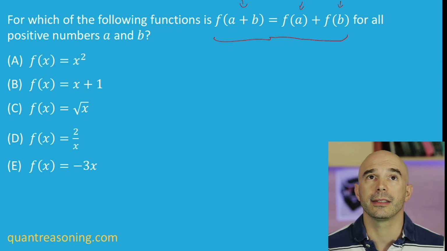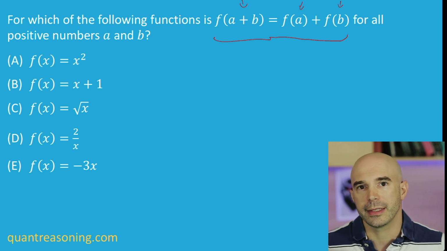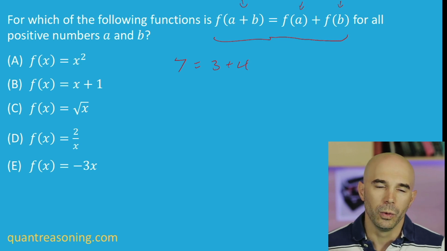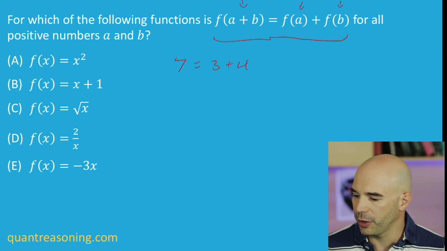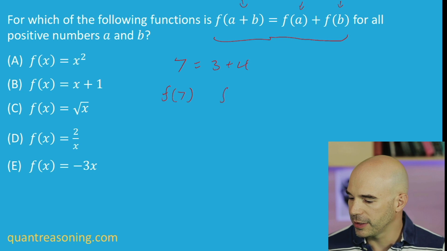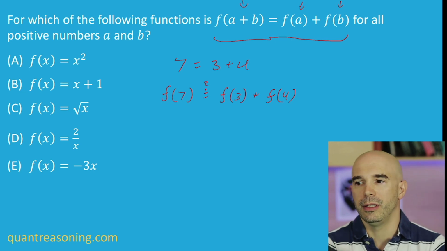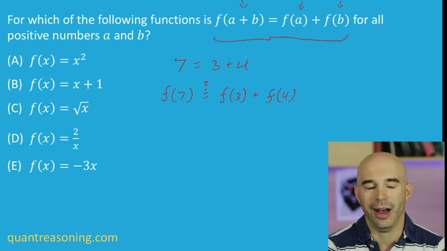So I guess you could ask yourself, I'm just going to take as an example, 7 is the sum of 3 and 4. Isn't that true? 7 equals 3 plus 4. So as I look at these answer choices, would the output be the same whether I threw in 7, again, just as an example, versus if I threw in a 3 and separately I threw in a 4 and then I added those two together? Would these be equal? Would the function not care how it receives the input, as 2 separate chunks or as a sum of those chunks? That's really what this question is asking.